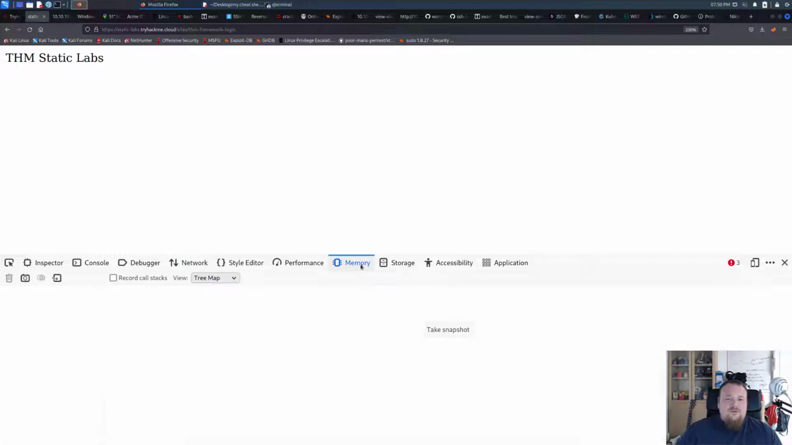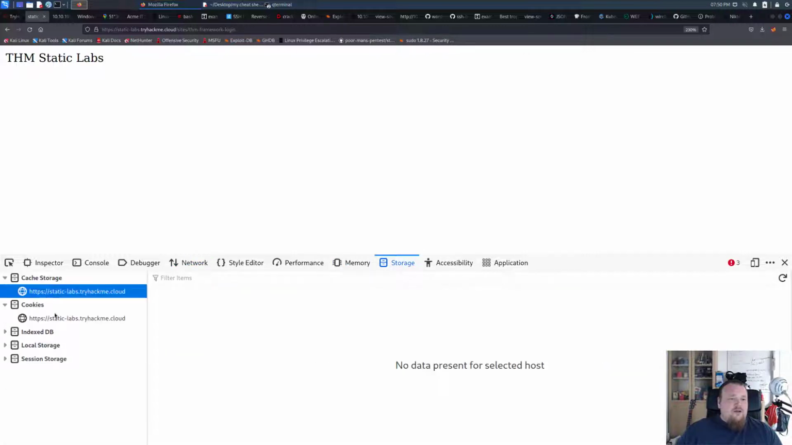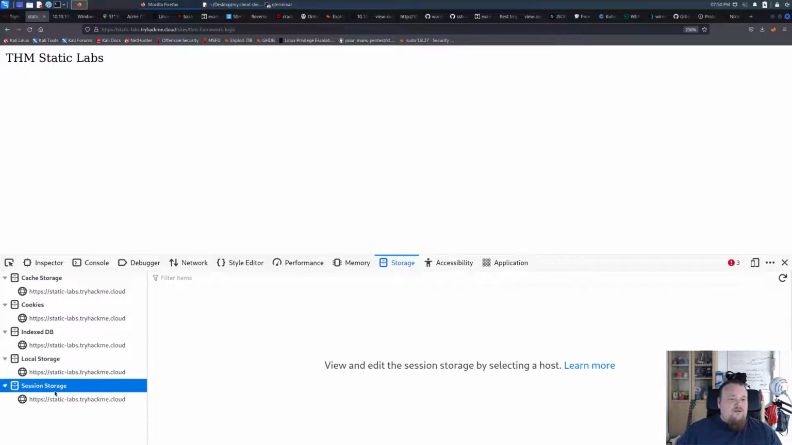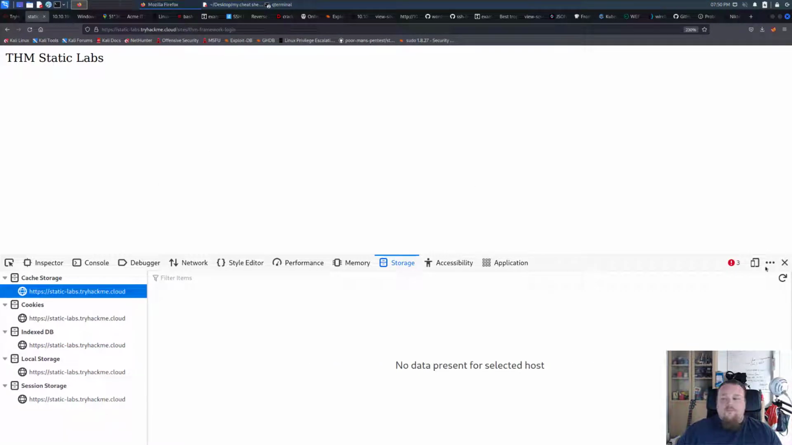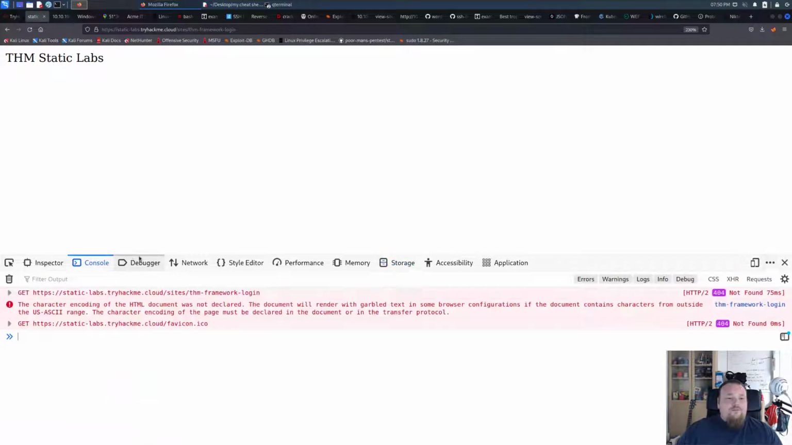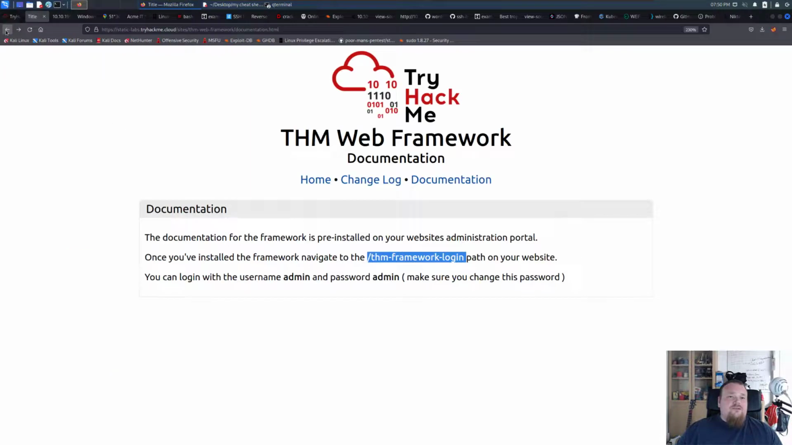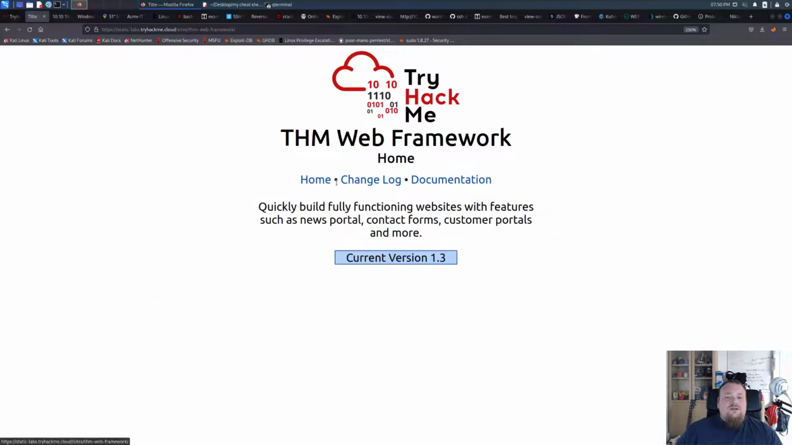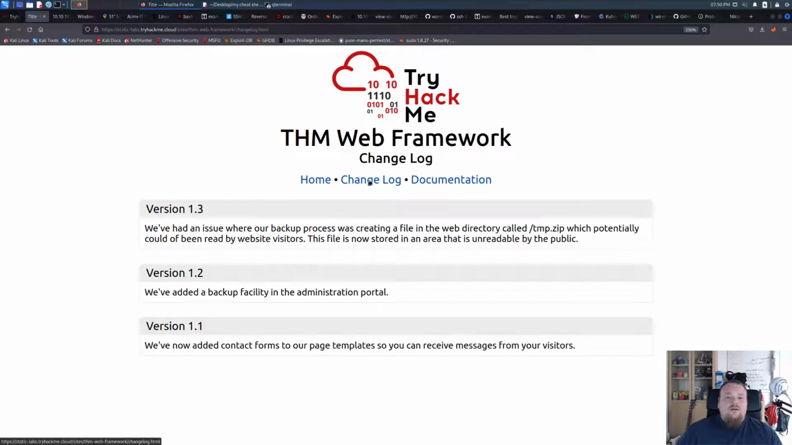And let's go to storage, sorry. And look what we have here. We have nothing going on, no. So it might seem that we need to do something more than just this. So what is this saying here? It says we have an issue, a backup processing the file that we call, which potentially could be unreadable by the public. Okay, so